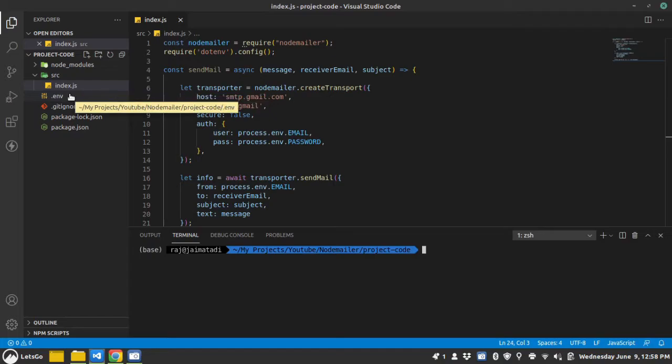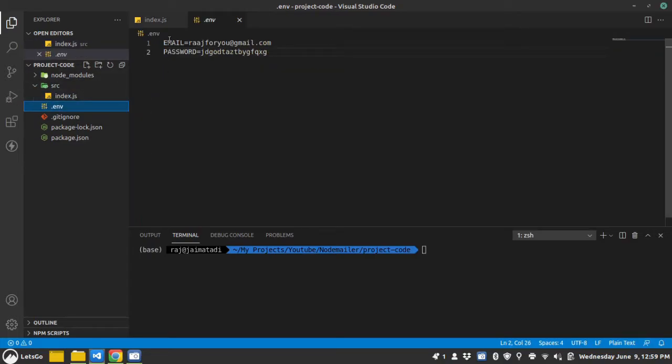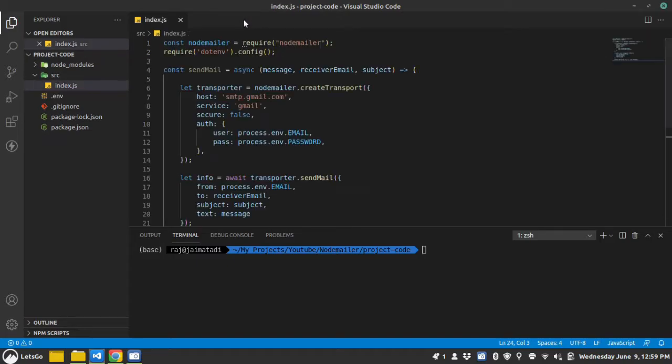If you go into my environment variables, you will see I have two variables, email and password. Now I require the NodeMailer package and dotenv, and use the config method to read the environment variables. I have created a sendMail function which requires a message, receiver's email and subject.